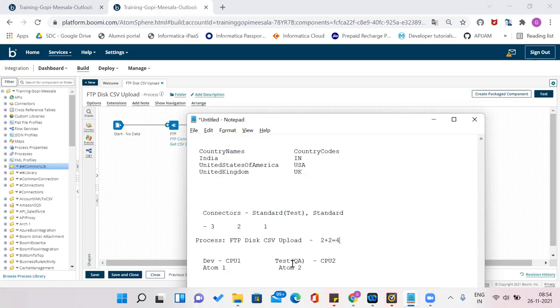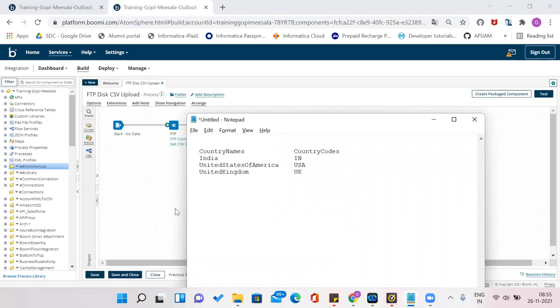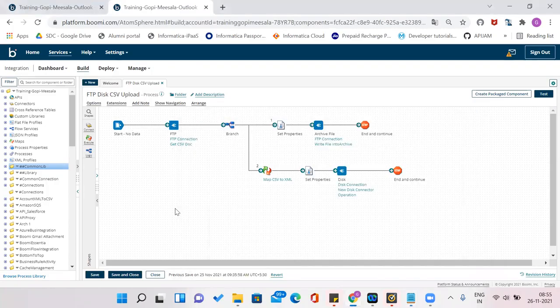Okay, got it. Remember this one when you are going to work with any kind. Yeah, sure, that's why yesterday I got this error. Okay, understand that. Now I'm going to use one more branch. So when you're archiving the files, and when you're going to convert into an XML file, and the third one is,